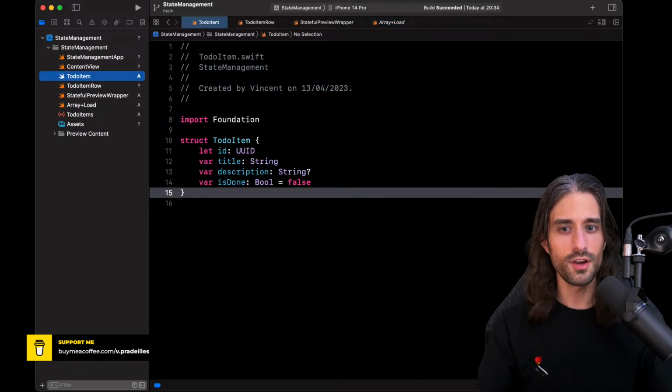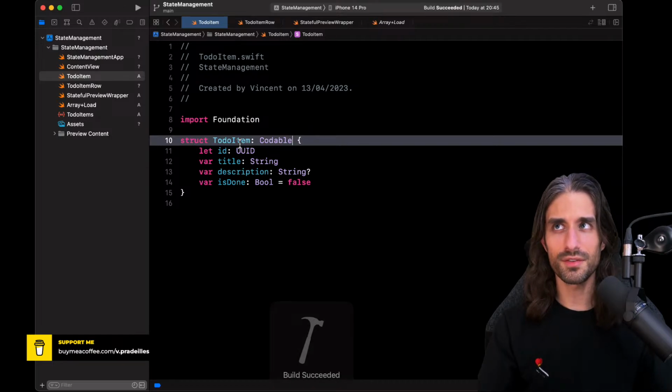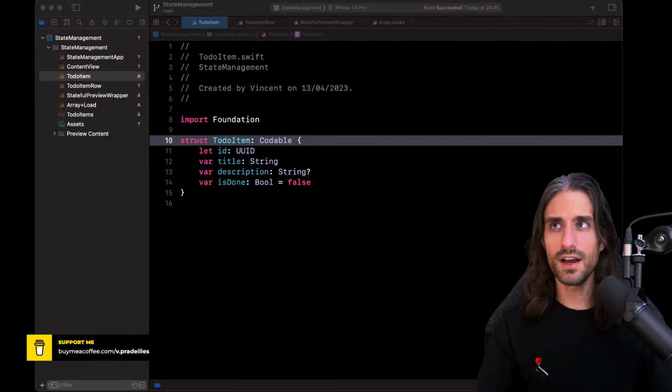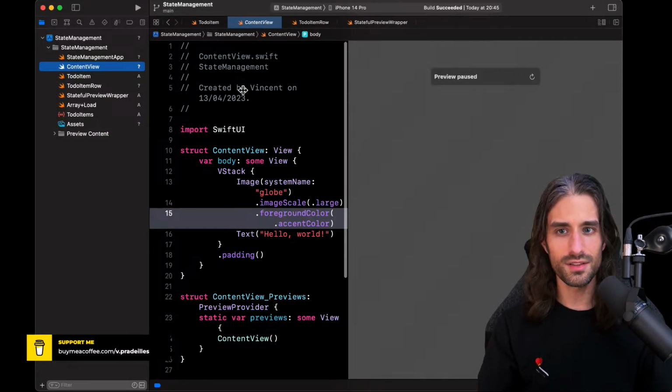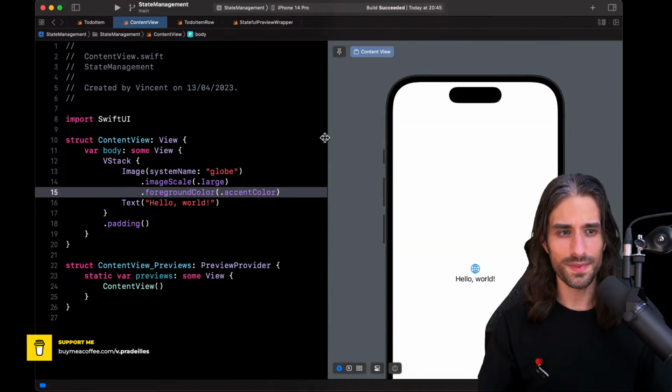Of course, to use it, we need to update our to-do item to make it Codable. So like that. Perfect. And now I guess I can start to implement my list in my content view right here. So let me show the preview. All right.